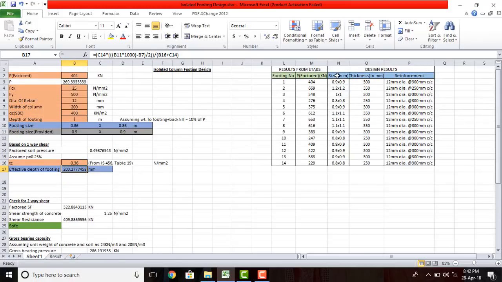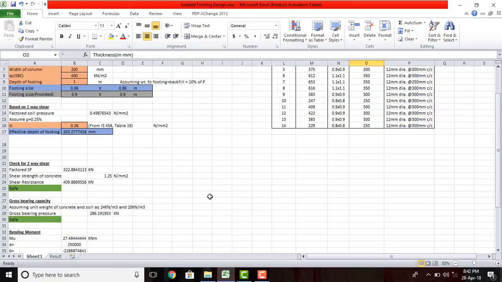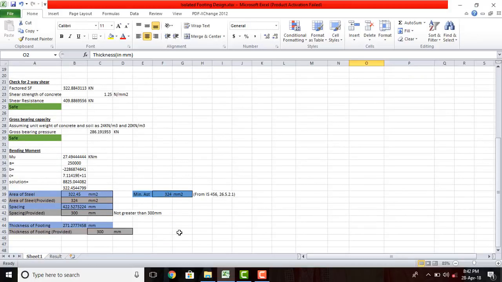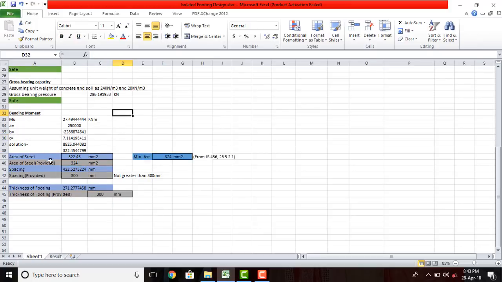So we have now found out the size of the footing and the thickness of the footing. Now the last parameter we need to find out is the reinforcement required. The reinforcement we are giving the footing because the concrete is not having the capacity to take the bending effect which is coming on the footing. So to take that bending effect only, we are providing the reinforcement. So we can calculate the reinforcement required by the bending moment coming on the footing. So with this help, we will get a value of steel required,